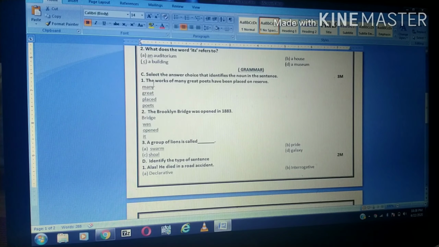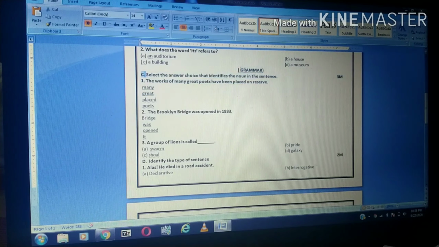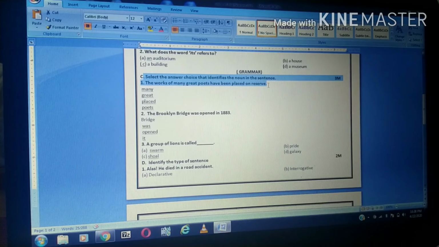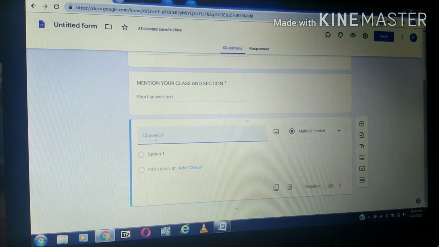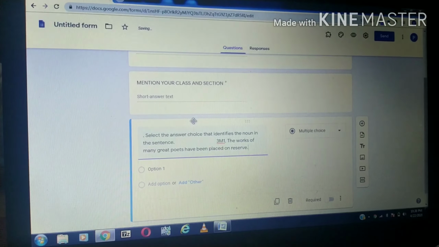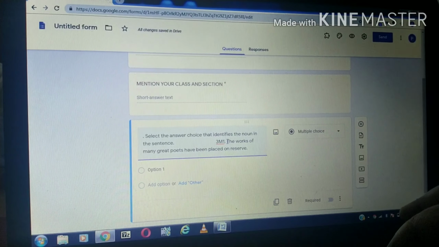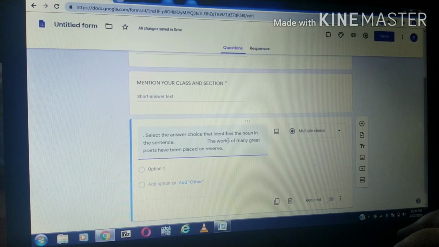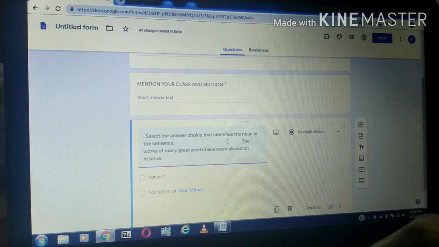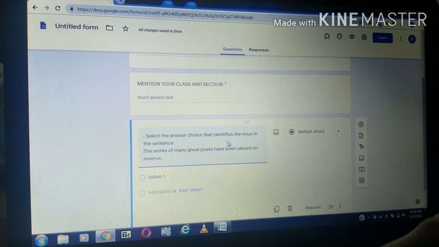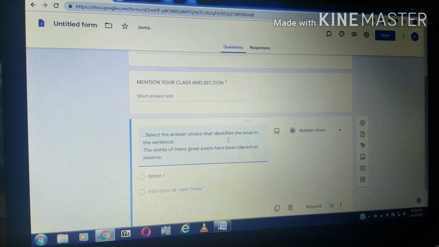Just copy it, and here I can paste. Like this.